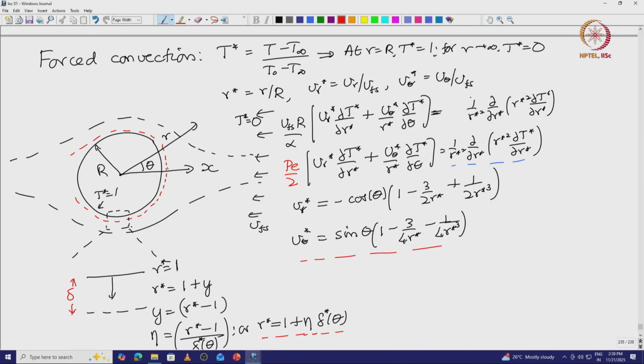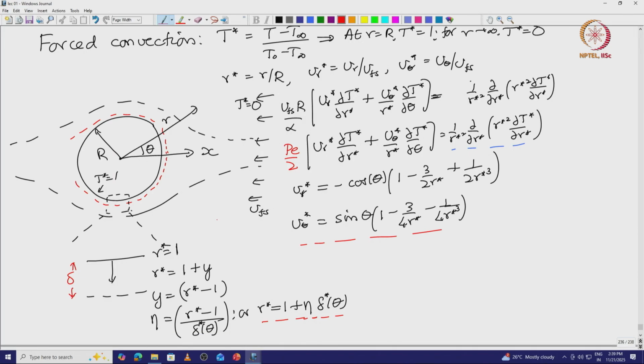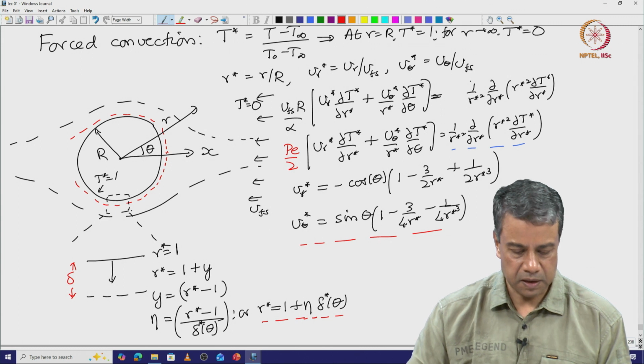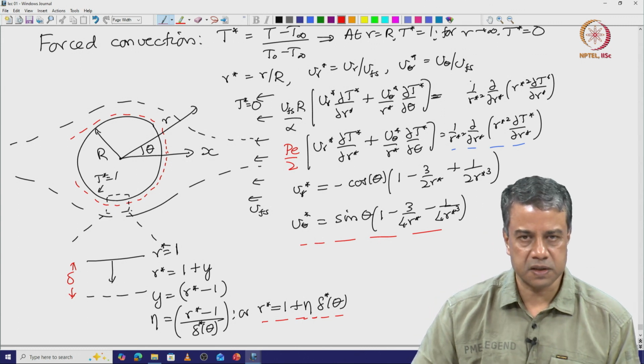In the last lecture, we were doing the forced convection past a spherical particle. A spherical particle with temperature T naught in a fluid with temperature T infinity far from the particle. In the limit of high Peclet number, where the free stream velocity times the diameter divided by the diffusion coefficient is large, you would expect the disturbance to the temperature field to be restricted to